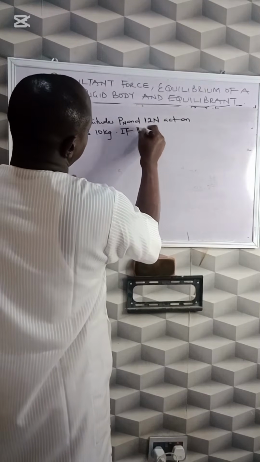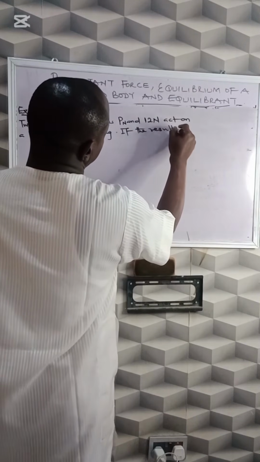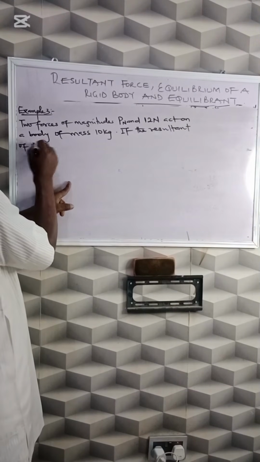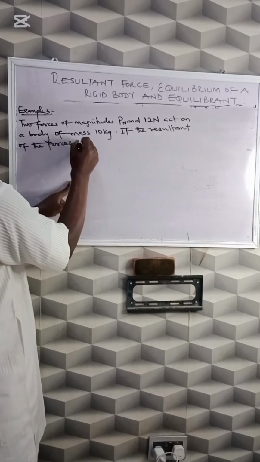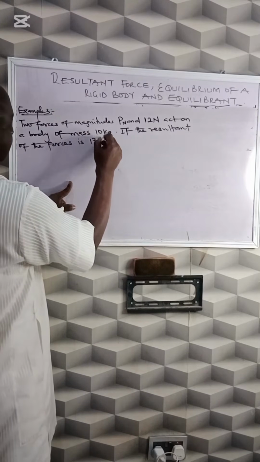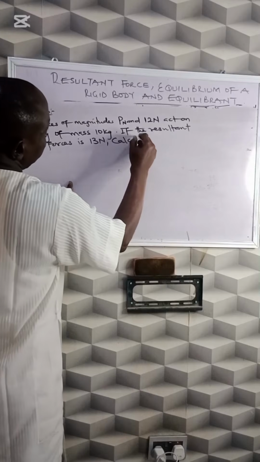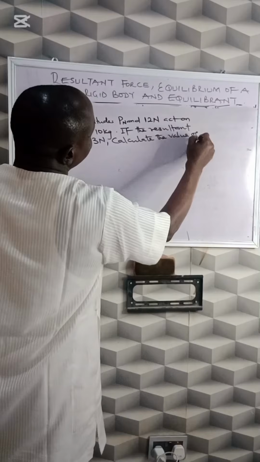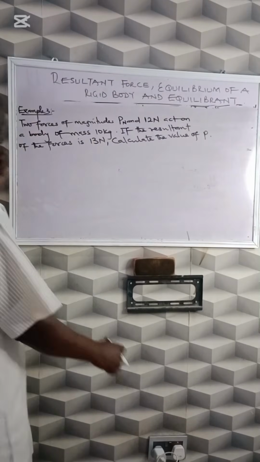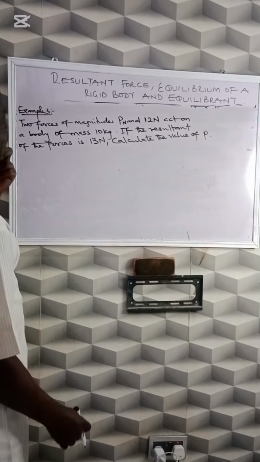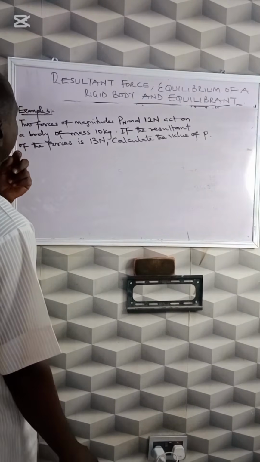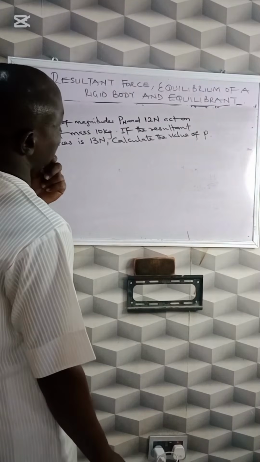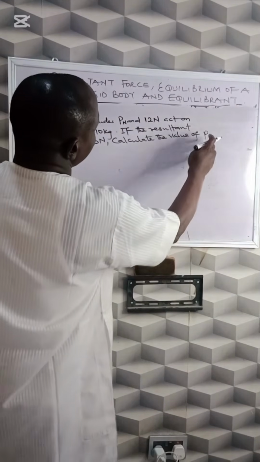If the resultant of the two forces is 13 Newton, calculate the value of P. Find the value of P. Two forces of magnitude P and 12 act on a body of mass 10 kg. If the resultant of the forces is 13, calculate the value of P